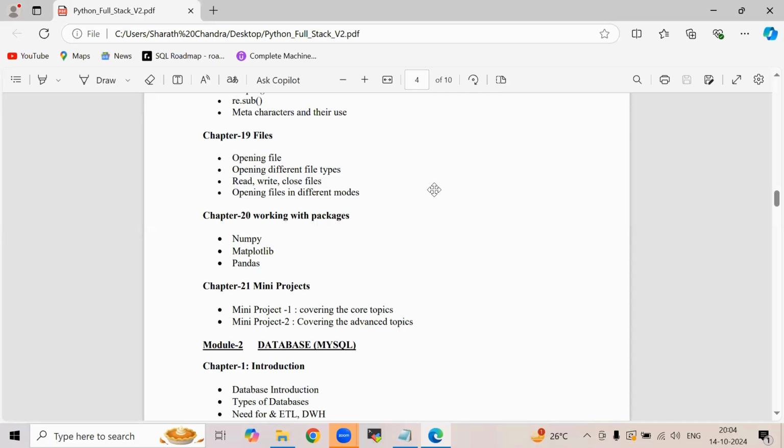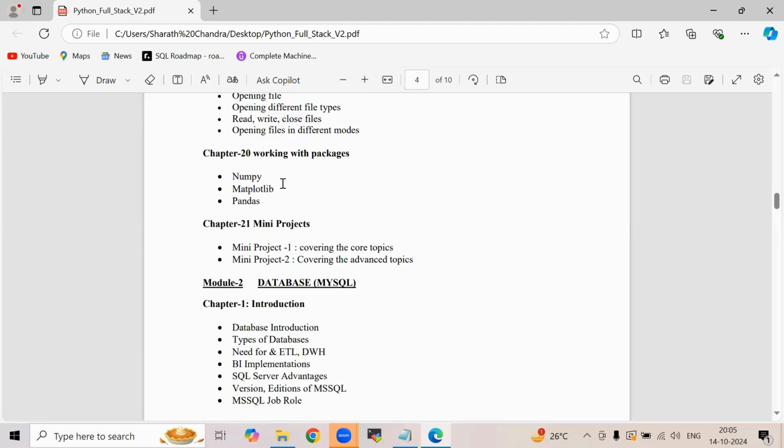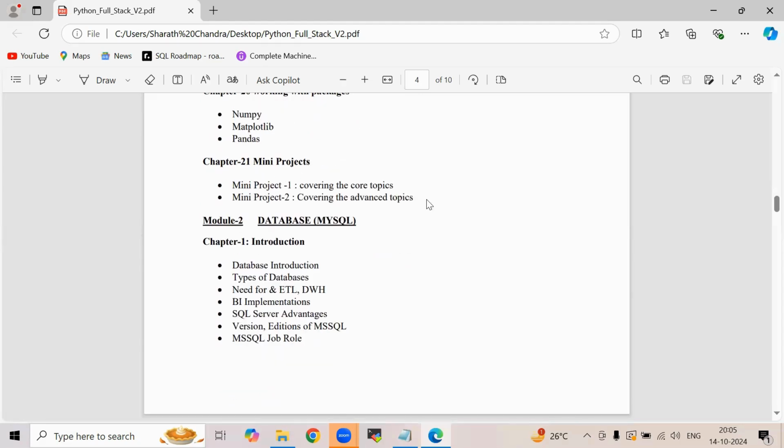We can use that and we can plot the graphs using that. And then pandas we use for data analysis. So we will go with the introduction of pandas, and we will just go through how we can use pandas to analyze the data, the basics of all these advanced packages, right? Once we are done with that, we will go through the mini projects,